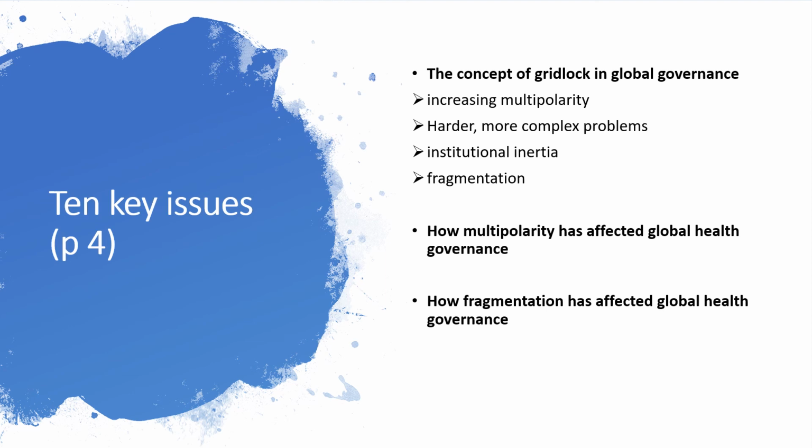But he points to antimicrobial resistance and HIV/AIDS as examples of where these new points of power, whether they were middle-income countries or non-state actors, have caused improvements to happen rather than gridlock. In HIV/AIDS, these other actors really raised the importance of human rights. In antimicrobial resistance, middle-income countries pushed for generics against pharmaceutical defense of patents. And then in fragmentation,